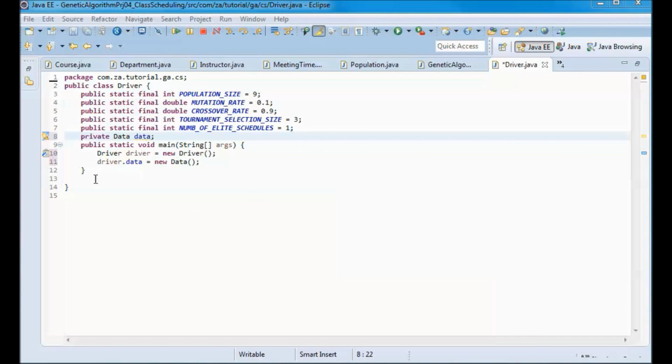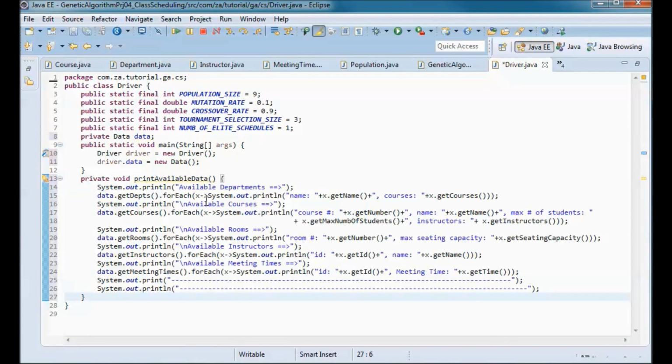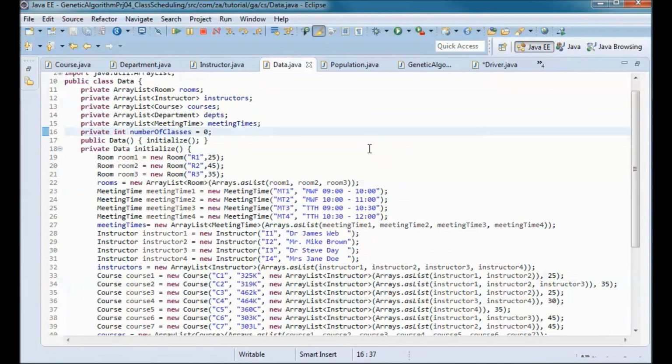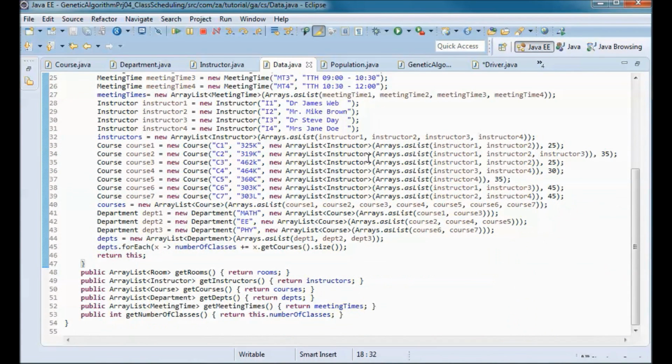And before doing anything, I want to add this method, the print available data, which will print out all the data that we picked up from the data class, all this data.